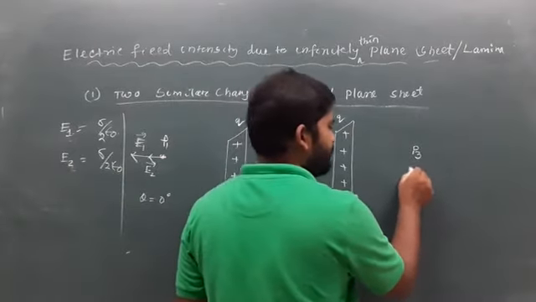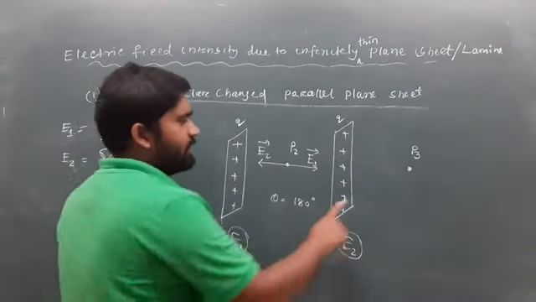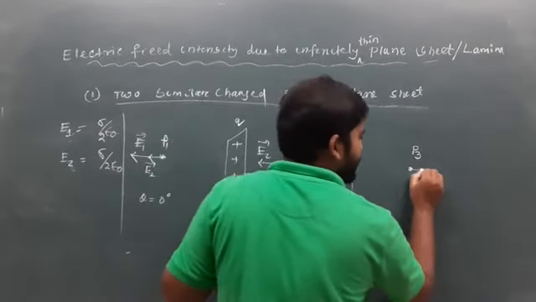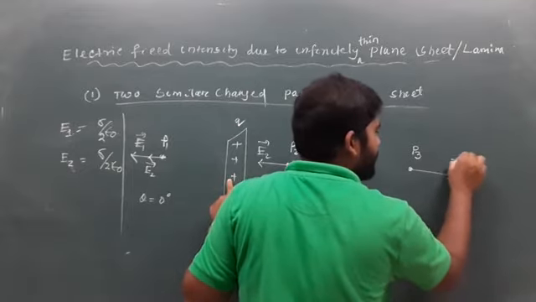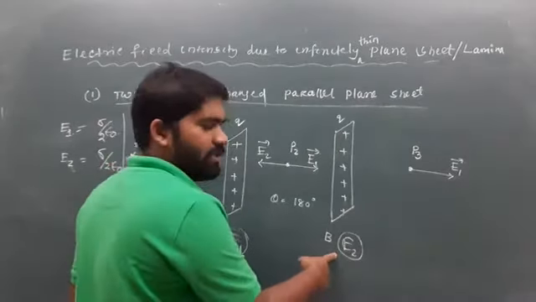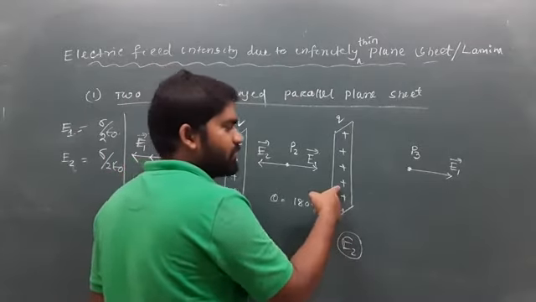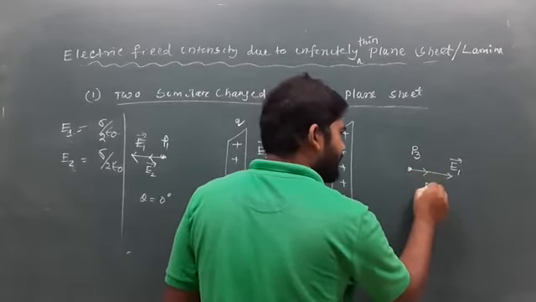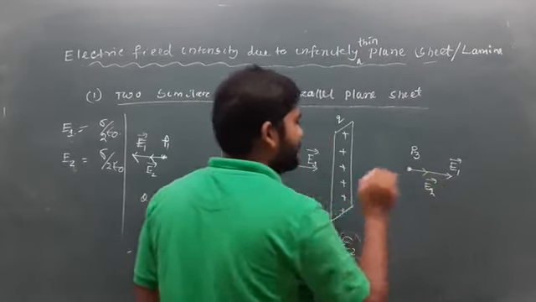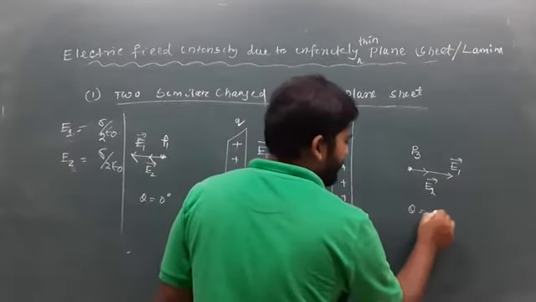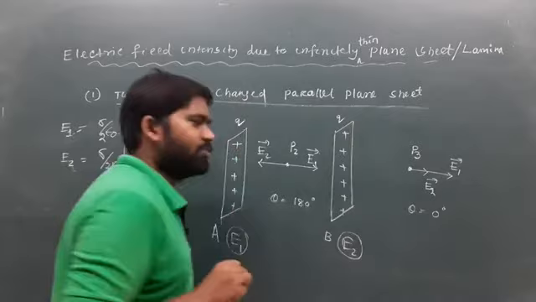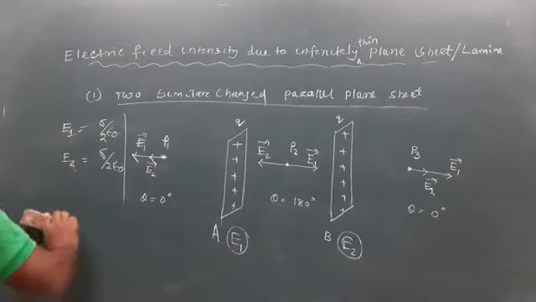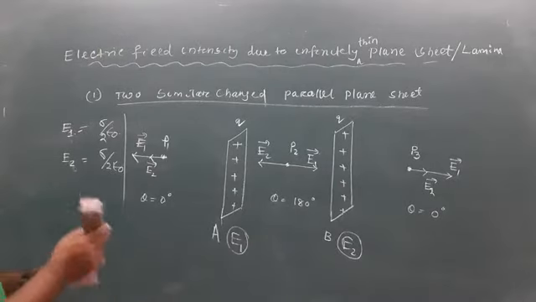Now come to point P3. So this one is positive, there is also a unit positive charge. Effect of E1 at P3 means it will experience a repulsive force, that will be E1. Okay. This one is B plate. B plate is also positive, and there is also a unit positive charge, so that will create a repulsive force, that is away from the plate B. Okay. And here angle between E1 and E2, theta equals to 0. So what will be the resultant field at P1, P2 and P3?